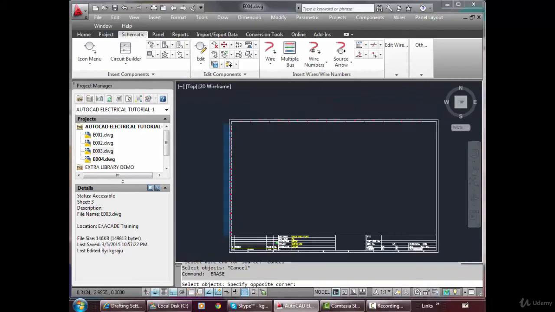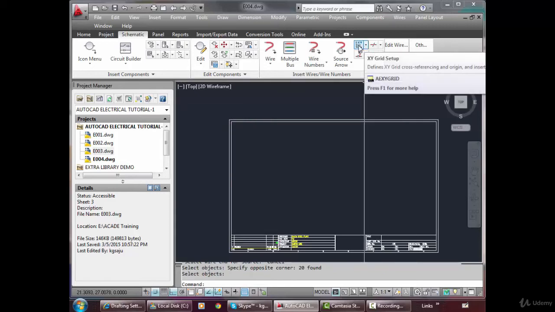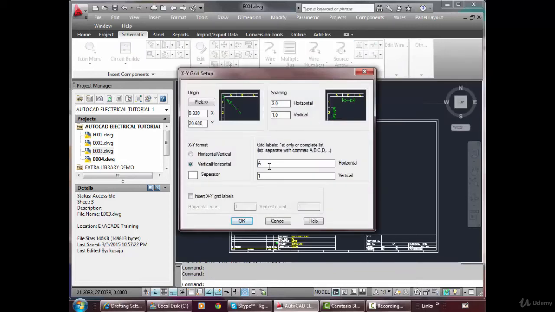Let us try the other way of doing this. XY grid setup. Here I have to change, simply reverse. I am just reversing this order.